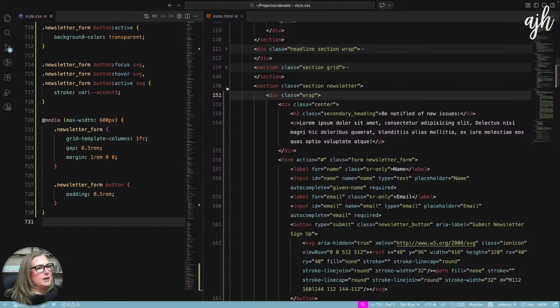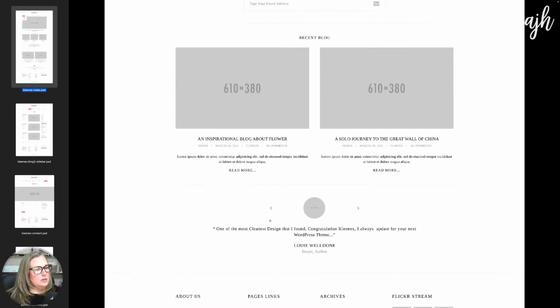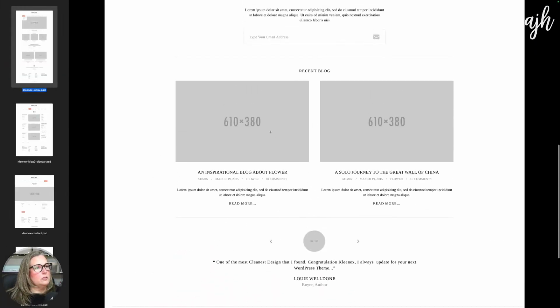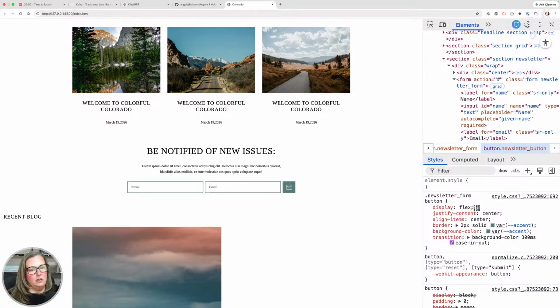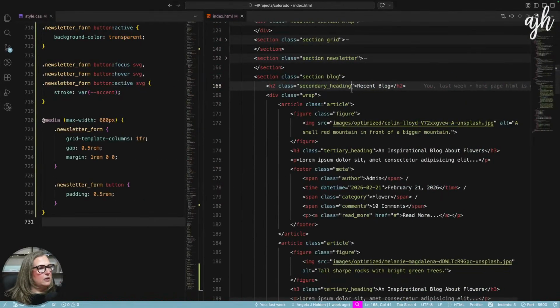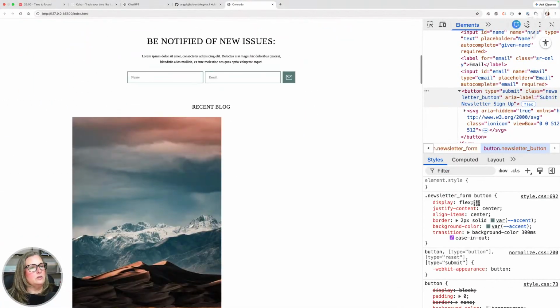So, okay, what's next? So our newsletter's done. Now we have this blog section right here. And here's our secondary heading, recent blog. I'm going to add our center class to get those centered. I feel like that is just the easiest way to deal with those.